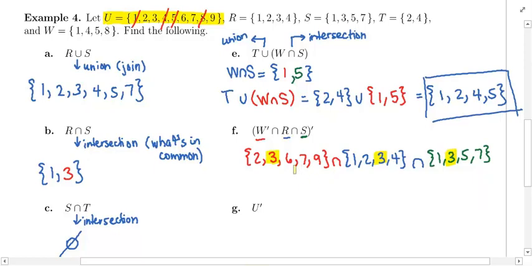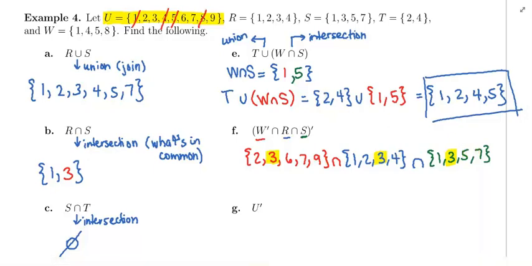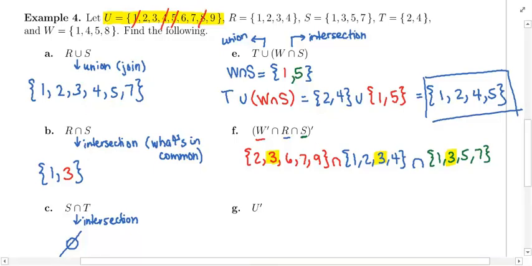In the red set, I have a 6. There's no 6 here, no 6 here. I have a 7 in the red set, no 7 here. And then lastly, I have a 9 here, but no 9 in blue and no 9 in green. So the only element that all three of these have in common is going to be the 3. So I'm going to write here,